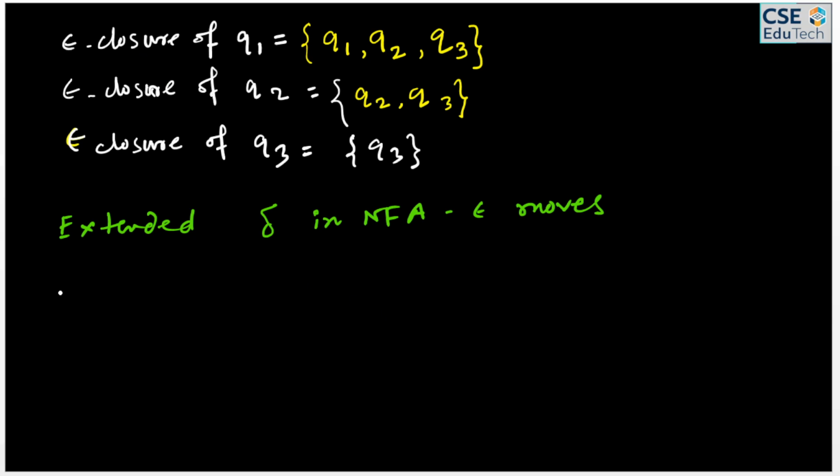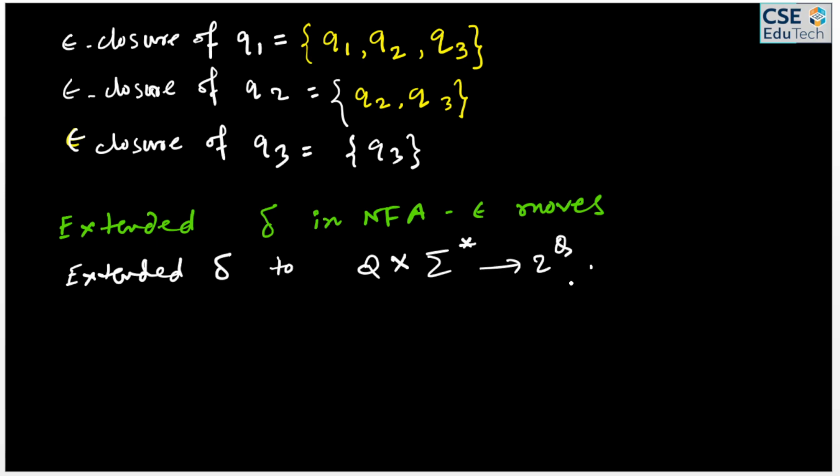We can define extended delta to be Q cross sigma star to 2 to the power Q. We use notation